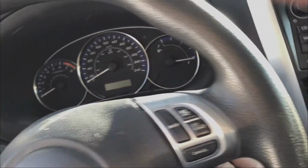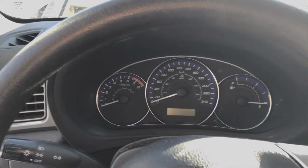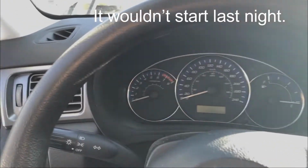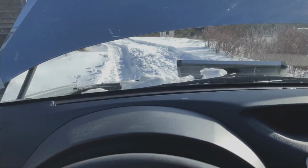Well, I've done it again. I've left the hatch light on and the battery in my car is completely dead. I think it's about -11. This happened last night and I'm not sure what's going on, but I'm going to charge the battery with the